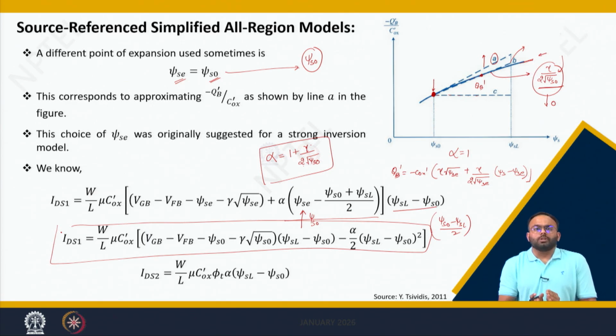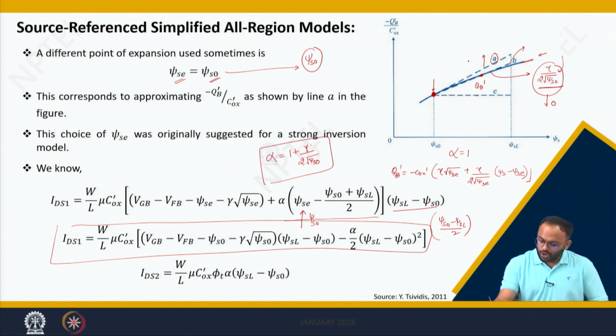Here we also neglected the non-linearity part of the term, and the model becomes much simpler than the body reference model. We will see in the next lecture how we can simplify further by considering the slope of this source reference model. Similarly, we can derive the IDS2 part, which is nothing but a psi SL minus psi S0 dependent function,